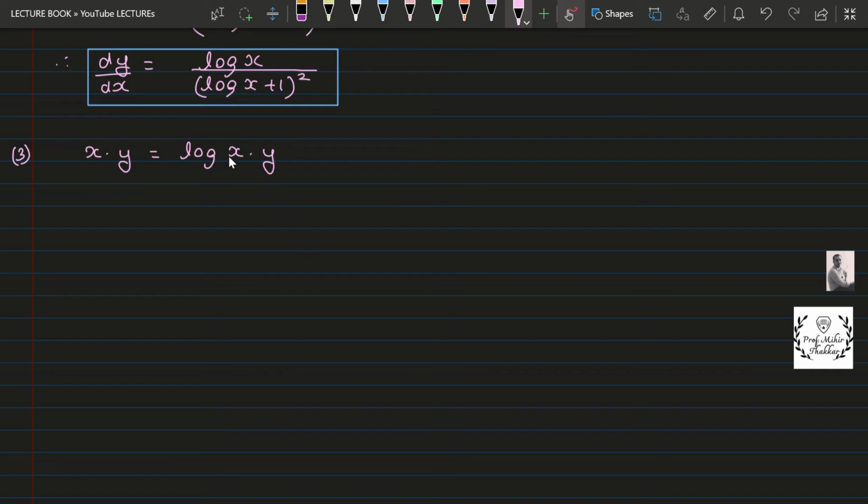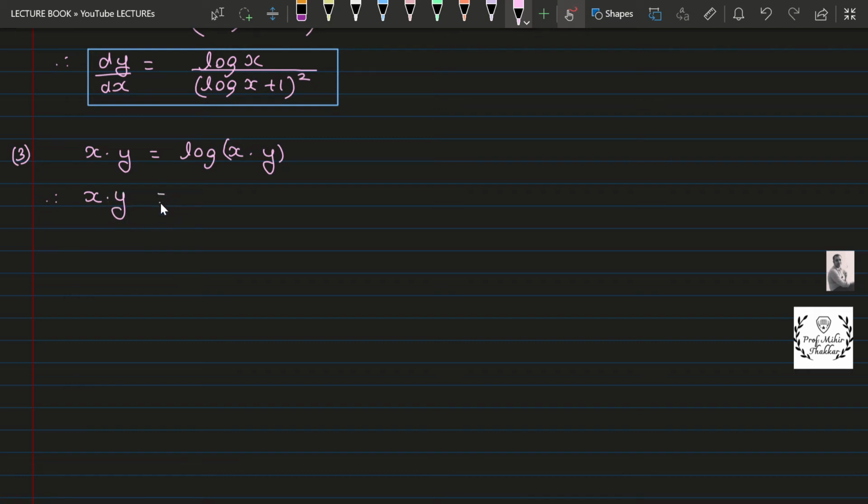So on the left hand side you have just x into y, which can be differentiated by using the multiplication rule. On the right hand side, if I have log of x into y, I can use the multiplication rule over here after taking the log of fx. Otherwise, if we want, I can also use the property of log, according to which this can also be written as